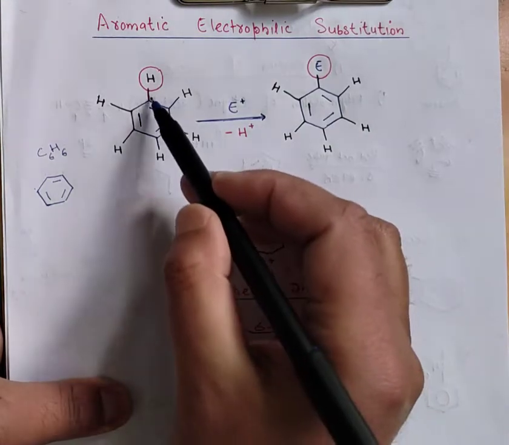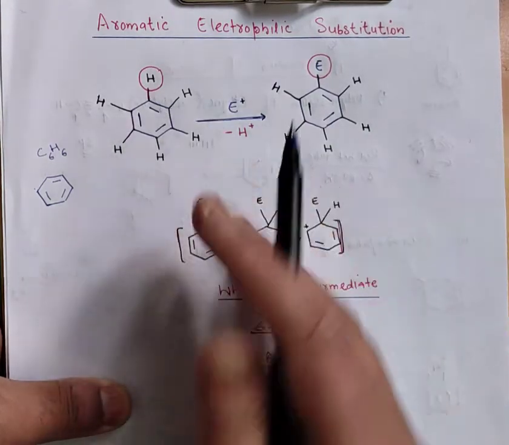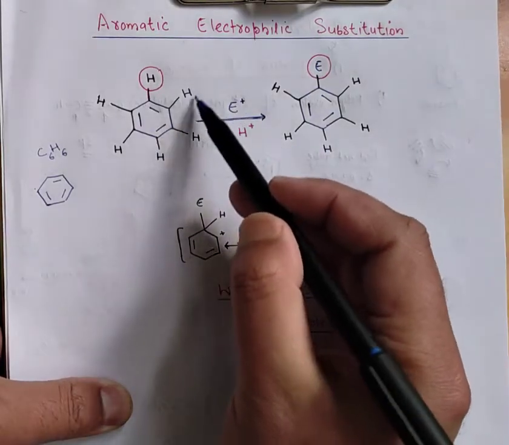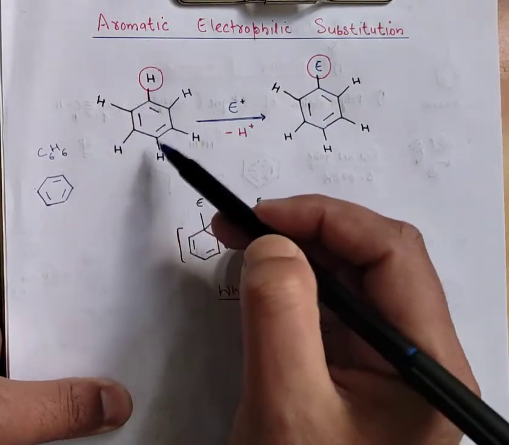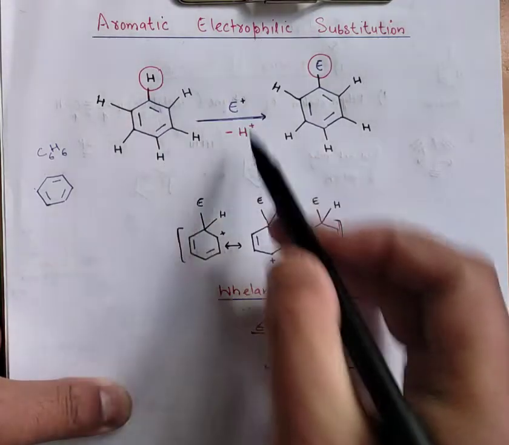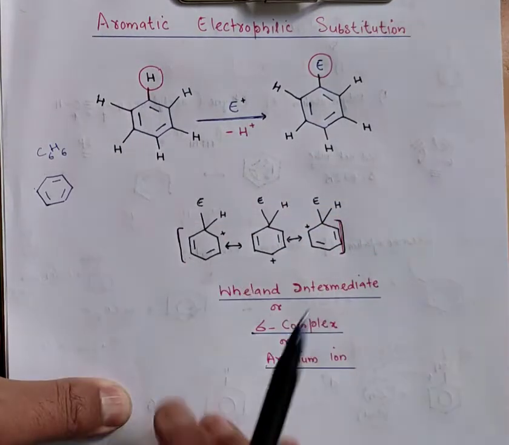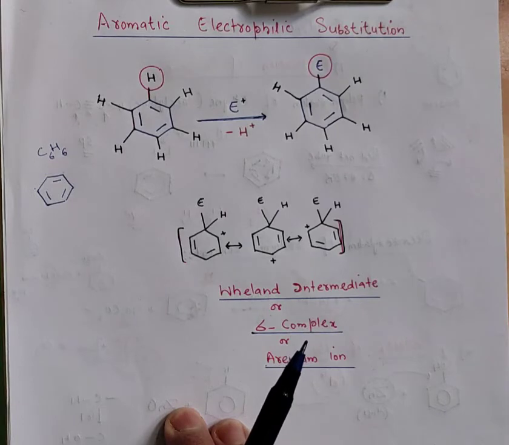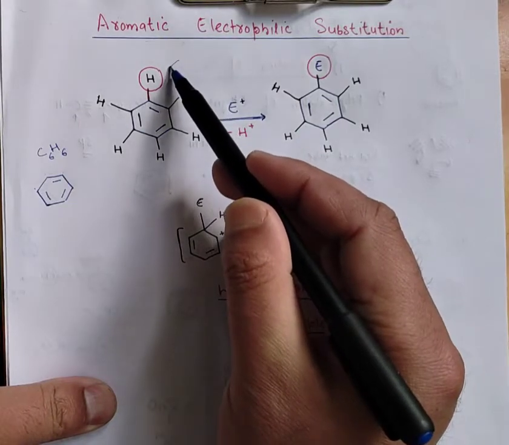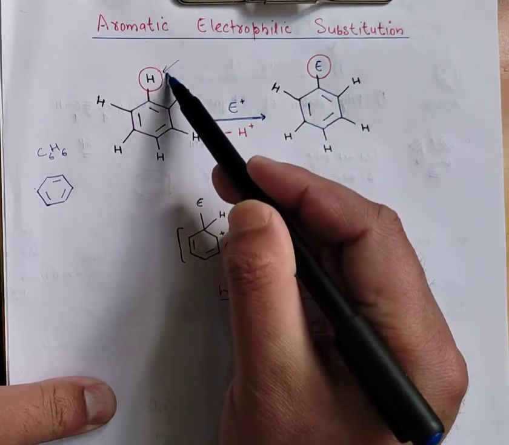Now अगर इस ring पे कोई substituent ना हो, if there is no substituent. Substituent means if we replace any of these hydrogens by any other group or by any other atom. ठीक है? Now that atom or that group will be called as substituent. If there is no substituent, all these hydrogens they are equivalent. Chemically उनका nature same है. ठीक है? Now if we replace, let's say, any of these hydrogens,